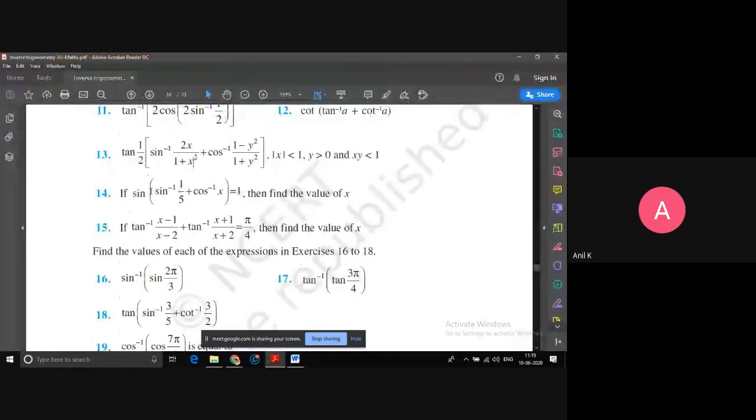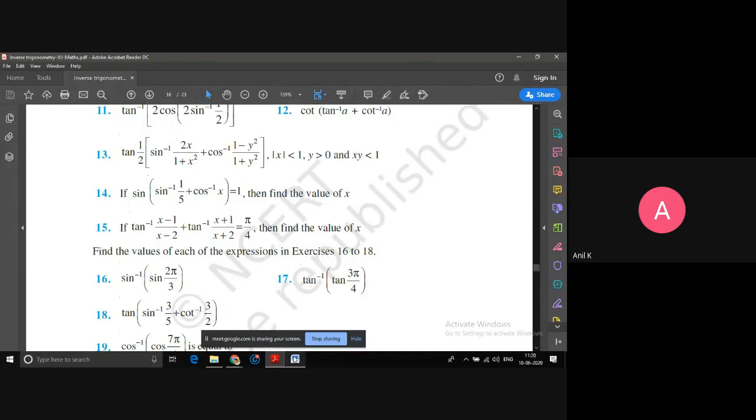Yeah. Now this is the question which you have. Sine of sine inverse 1 by 5 plus cos inverse x. Which formula do I have to use? Any ideas? Because for 1 by 5, we don't know the value of theta where sine theta will be 1 by 5, am I right? So how do I solve this? Again, we have not discussed the formula for this cos inverse x.